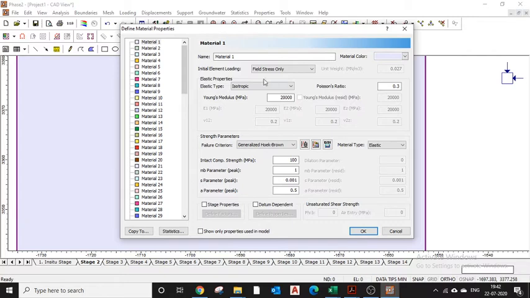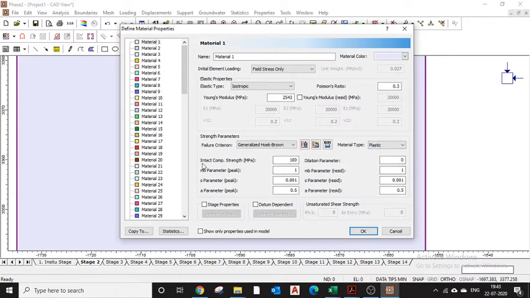Okay, my elastic properties will be isotropic. My Young's modulus, I will keep it as 2.5, something like that. Poisson's ratio, it's okay. My material property, I will choose a material which is elastic, perfectly plastic. So I will click this material type and choose plastic from there.